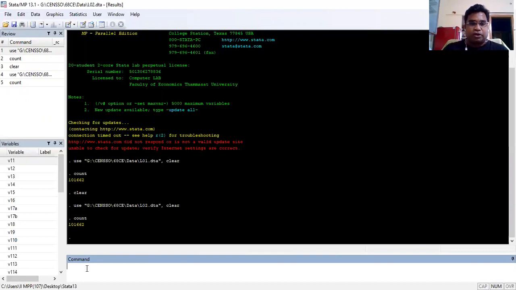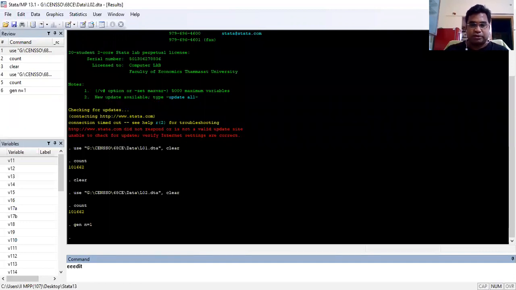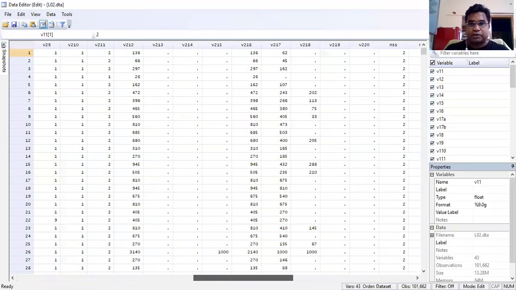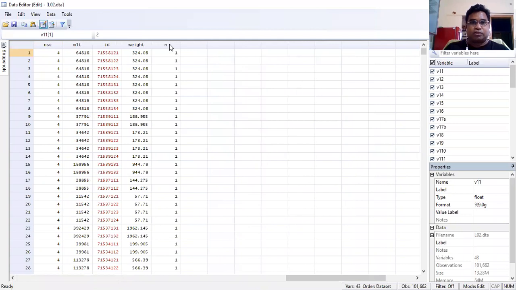Now let me show you if there are any repetitions or not. How do you figure that out if there are any repetitions in the household level file? Because you know, this is household level info, household ID should be unique, there should not be any repetition. So what we will do, we will first create a variable, I just say generate n is equal to 1. So what we have done here, you can check if you just write edit here. So you can go and check what got generated here. You see, corresponding to the n variable, each and every observation has got a value of 1.